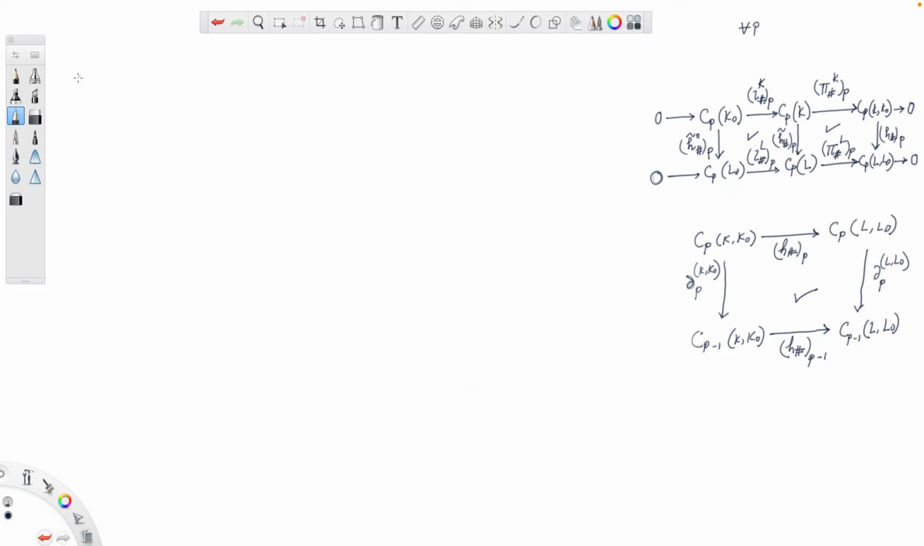Now, by means of theorem 4, or lemma 3, the zigzag lemma, or the exact homology sequence of a pair, which was the title of theorem 4. Since this is a short exact sequence of chain complexes,